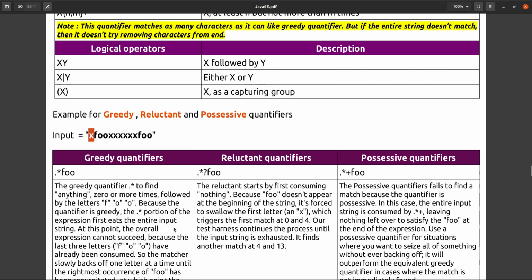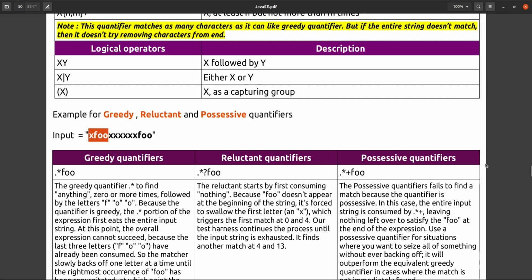So it will take this one x. After x, foo is coming, and f is not x, because in this the dot is replaced with x, it is consuming, and this reluctant quantifier is expecting one more x, but that is not there, it is f only. So f is matching with foo, so this is a reluctant quantifier. From here it will start and here it will end, that's it.